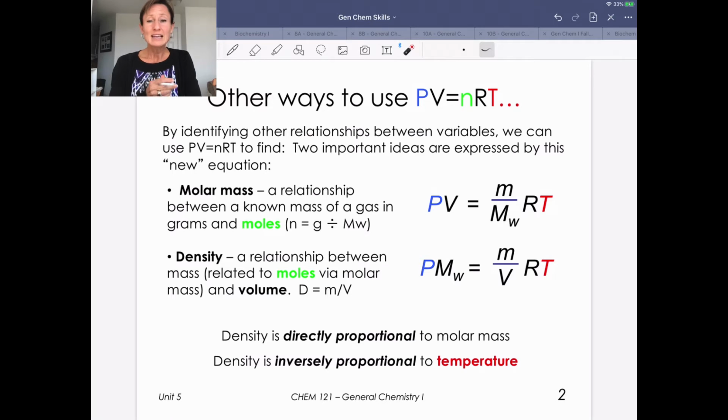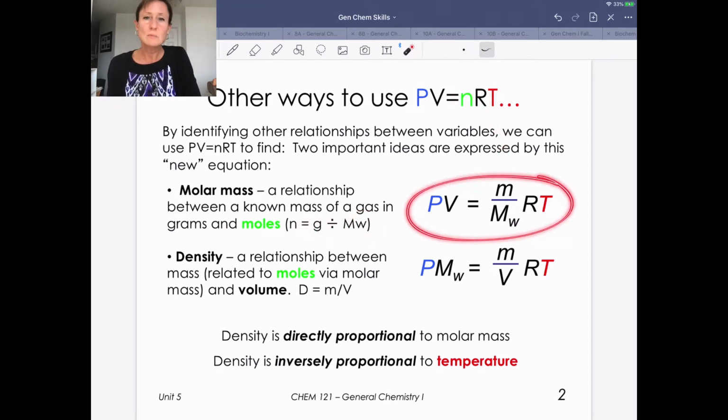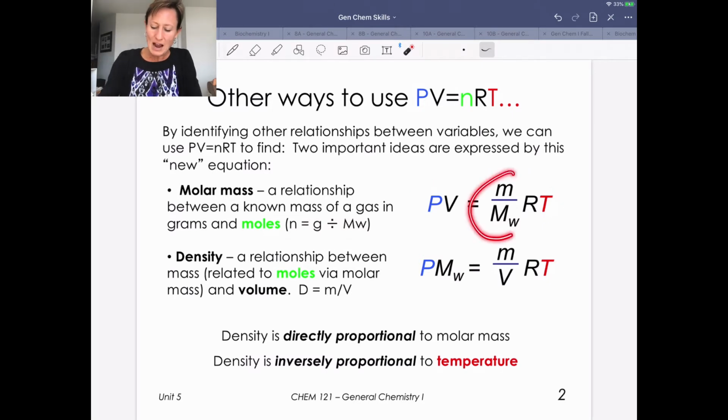Okay, so m is the mass of that substance in grams, and we can substitute n in here for mass in grams divided by molecular weight. So this is really just PV equals nRT, but now we're putting the mass of the gas in and its molecular weight. All this really does is give us an additional set of problems we could solve, where now we've got